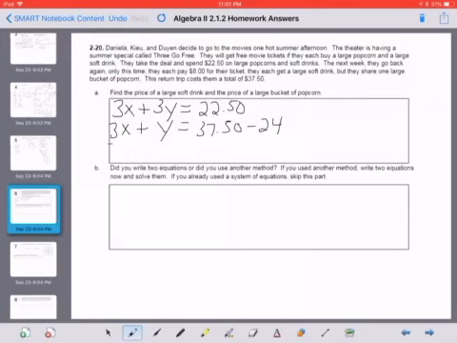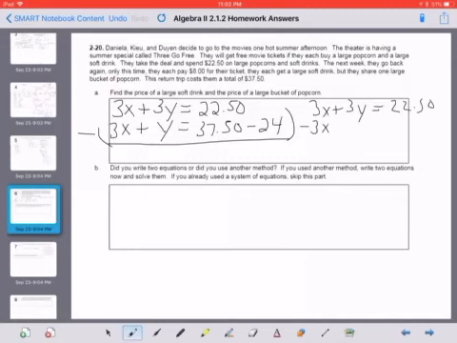So then, just so I can do that a little quicker, I end up having to multiply this by a negative number so I can get them to cancel out. I get 3x plus 3y equals $22.50. A negative 3x minus y, and it ended up equaling negative $13.50. So now when I add my two and I use the elimination method, I end up with 2y equals,